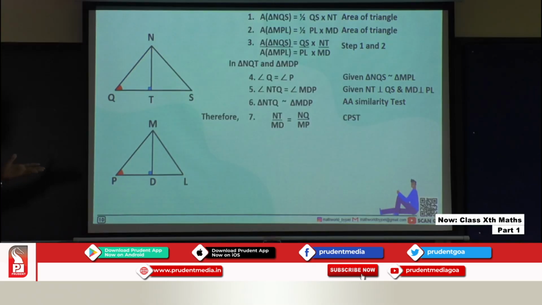So sometimes students write the ratios and write CPCT because of the practice. So that is incorrect. You can't write CPCT over there. You have to write it as CPST, that is corresponding parts of similar triangles. Okay. Then